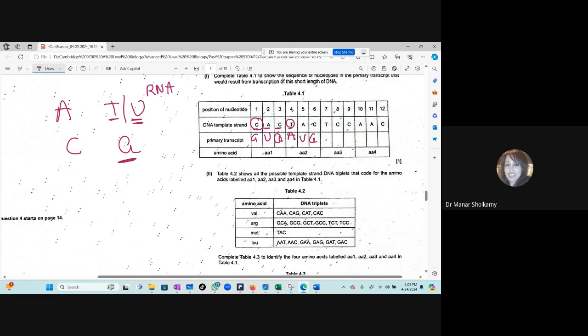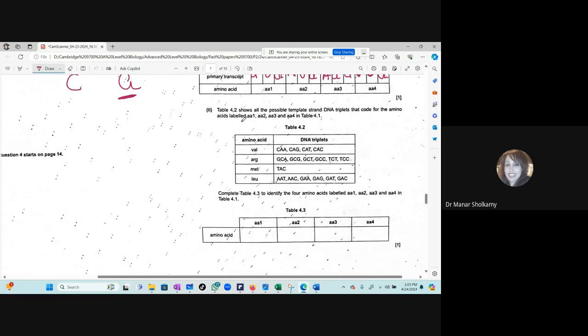C, G, G, T, A, A, G, C, G, G, G, U, U. A, U, U. Yes, correct. You're right, because this is an RNA. And C, G. Good. Okay. Now here we have the amino acids and the different DNA triplets that code for the